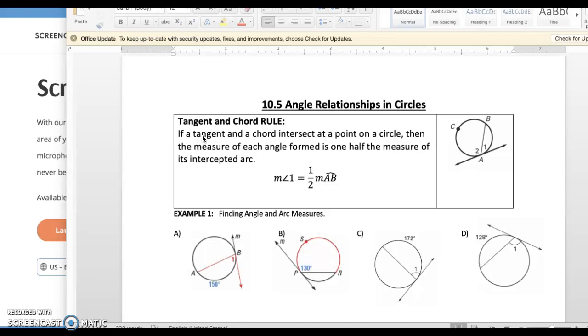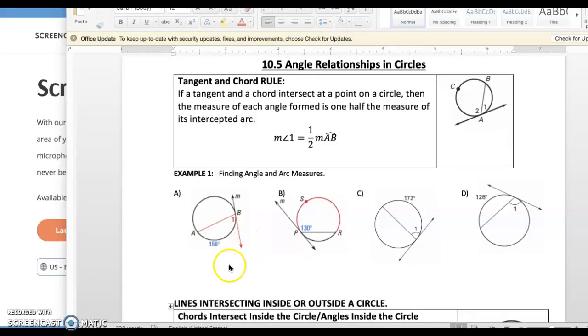So it says if a tangent and a chord intersect at a point on a circle, so point A, then the measure of each angle formed is 1/2 the measure of the intercepted arc. So for example, if I want to know the measure of angle 1, I know it's half the measure of the arc that this angle is intercepting, which is arc AB. So that's exactly what we talked about with our intercepted arc and inscribed angle measures in one of the videos